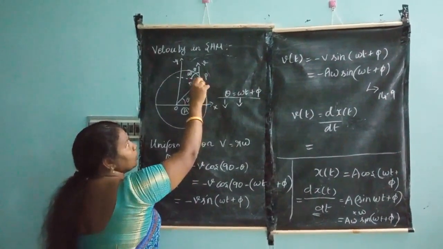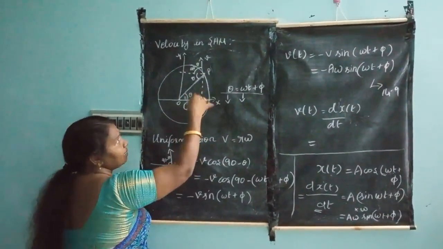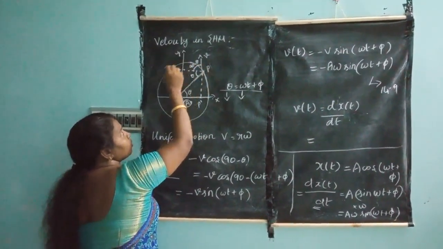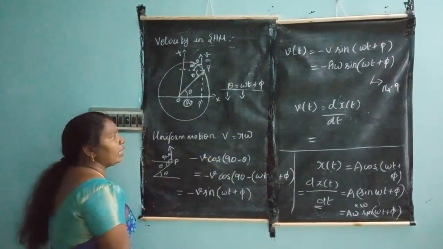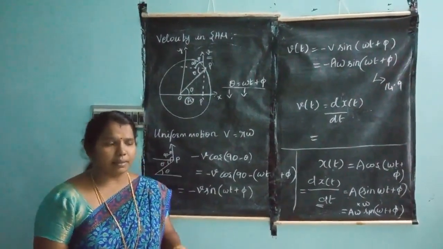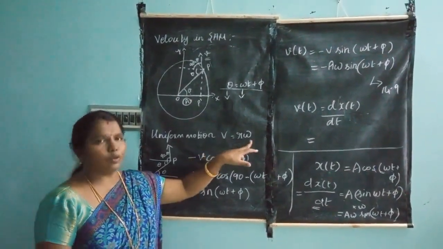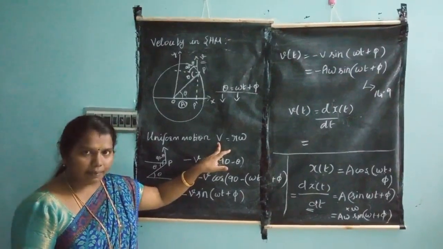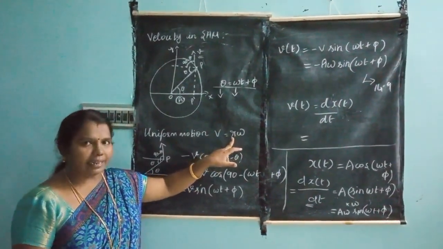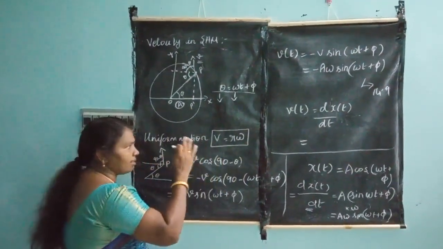Now the particle is projected. Imagine another particle, P dash. I am writing it in a tangential way because in uniform circular motion the particle is moving with a velocity v. You know that. Can you remember, in the centripetal acceleration topic we discussed that in uniform circular motion the velocity is equal to r into omega, because v is the linear velocity, omega is the angular velocity and r is the radius.